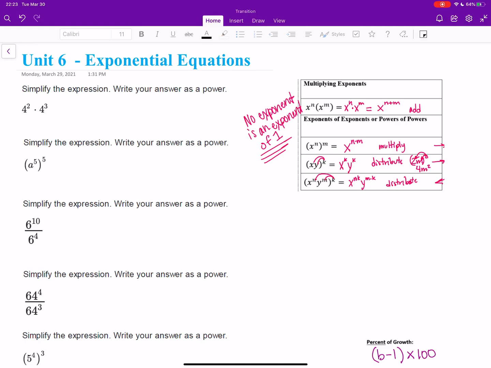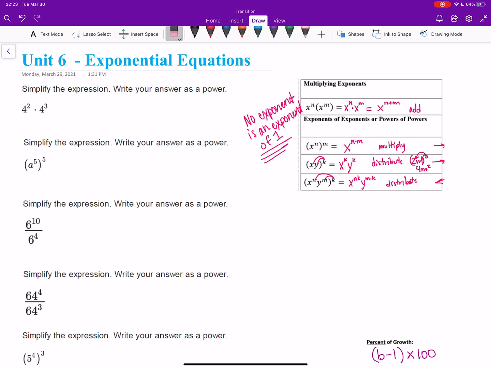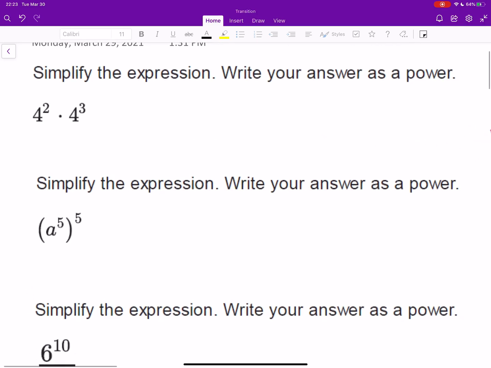So these first few are working with exponent properties. As you can see on the right here, I copied some of the stuff from our notes, and I'm going to reference that as I work through this process. Note that it's only the exponent properties from the first page, so it doesn't include the properties we use when we divide. However, what I'm going to do first is note that this little dot here